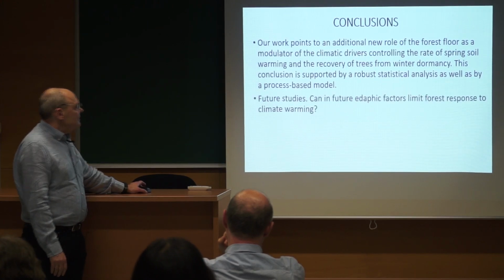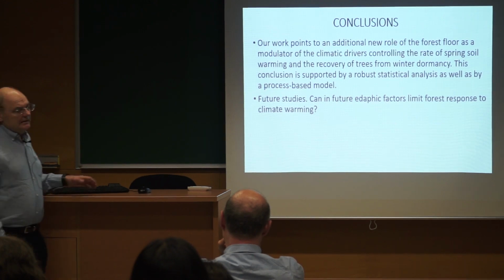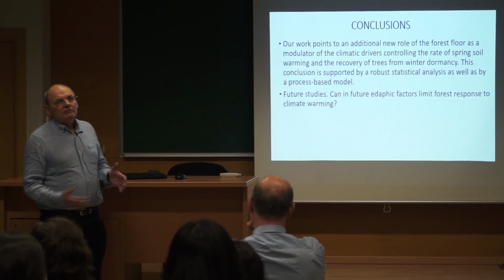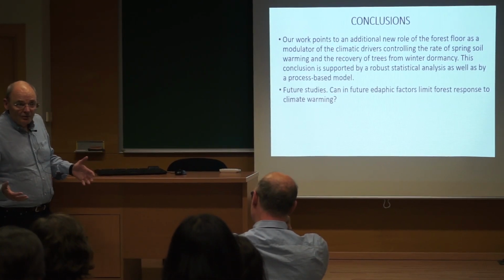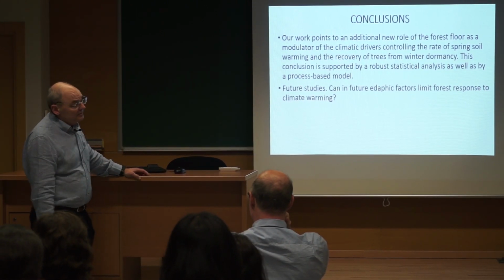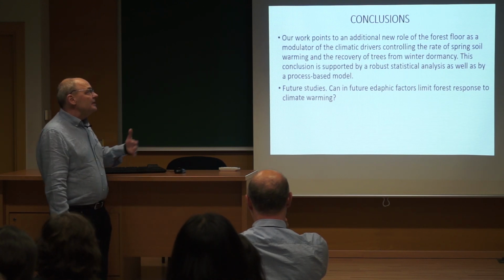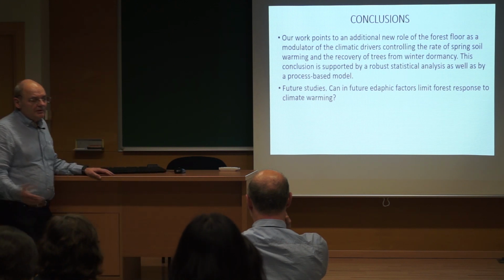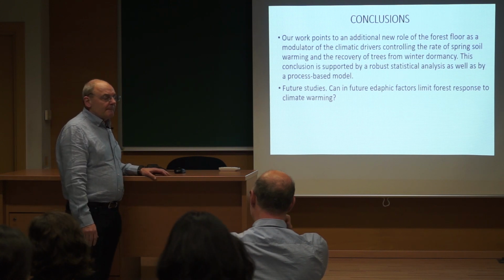So what's next? What is important? I'm asking myself questions like, does it mean that all these edaphic factors might have some kind of global impact, or already had a global impact, on the rate at which spring comes to the northern or southern hemisphere? Can edaphic factors in future actually limit forest response to climate warming? This question is quite reasonable because recently people published papers